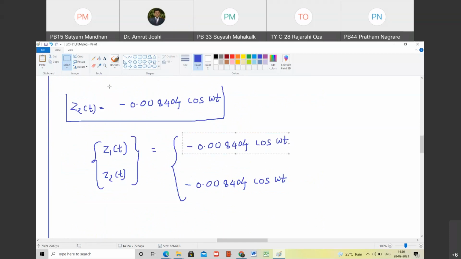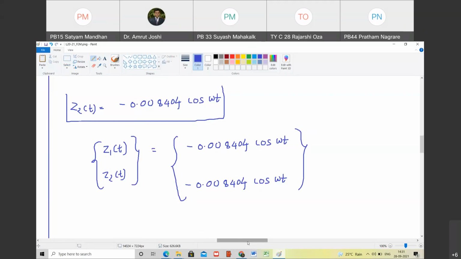Are you happy? Have we solved the problem? The answer is no, because I don't recognize the generalized coordinate system. How do I interpret the answers in the generalized coordinate system? This is some hypothetical coordinate system in which decoupling of the equations of motion has been achieved. But I want answers in the original coordinate system, u1 of t and u2 of t. Do you agree with me? Only then are they interpretable. So what do I do?